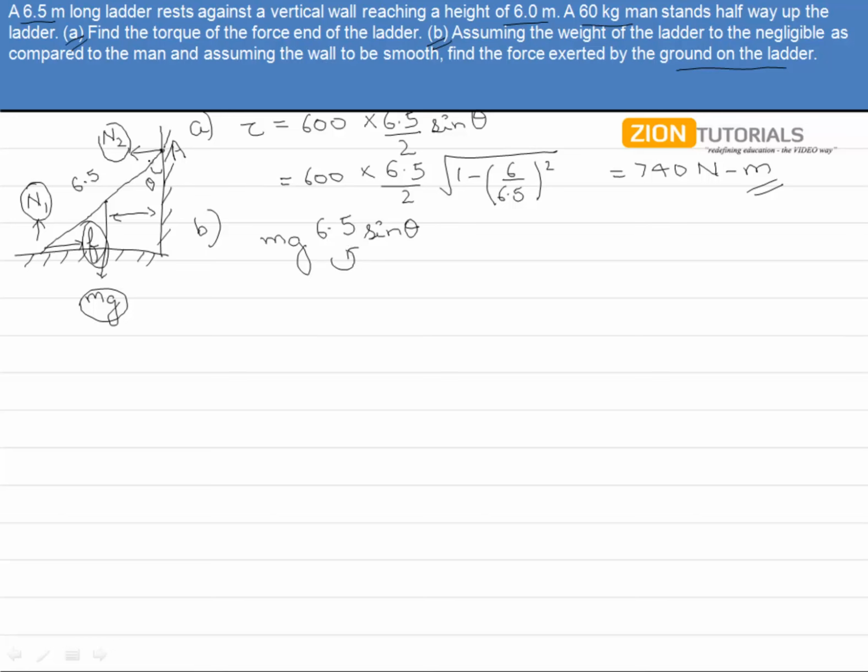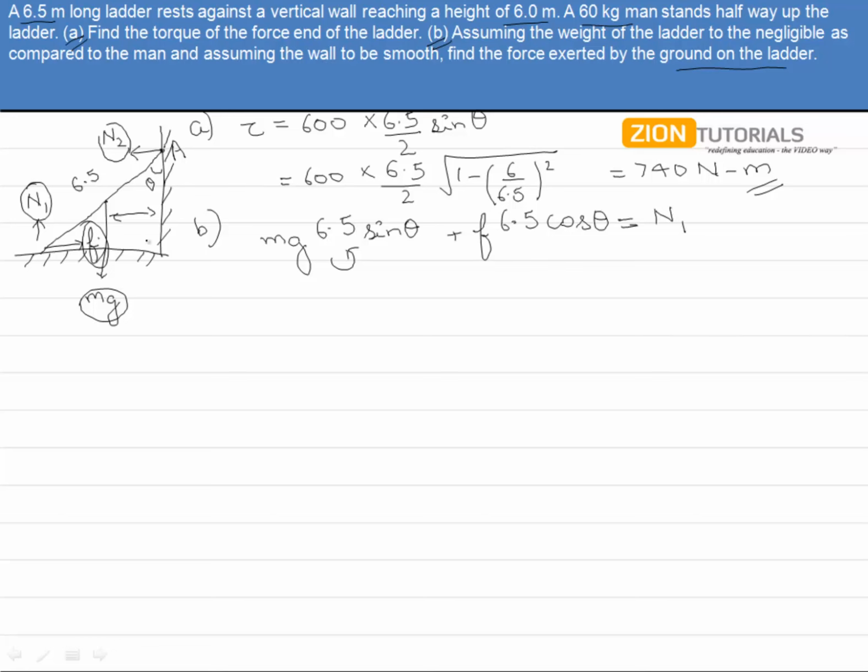Now let us see the torque due to the frictional force F. This will also be in the anti-clockwise direction, so it will be added as F into the distance. Distance is this one, that has been given as 6, but let us take it as 6.5 cos theta, equals the total clockwise torque that is going to be applied, and that is due to N1, which will be